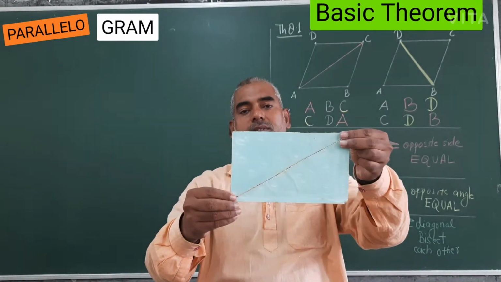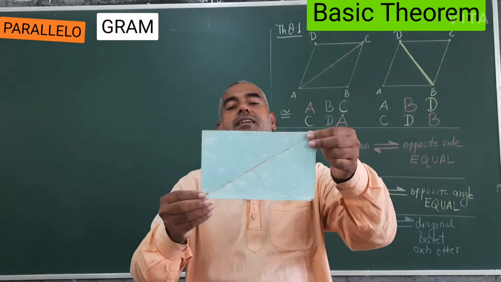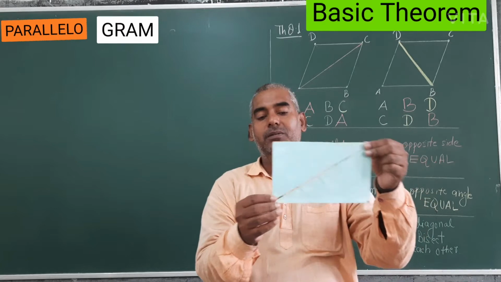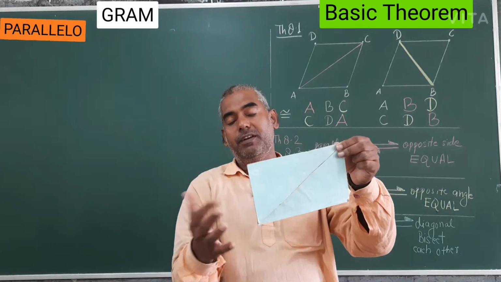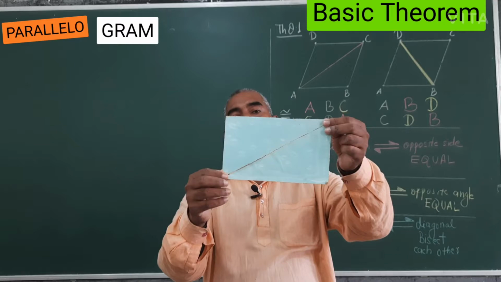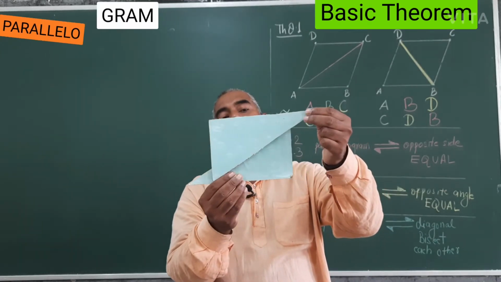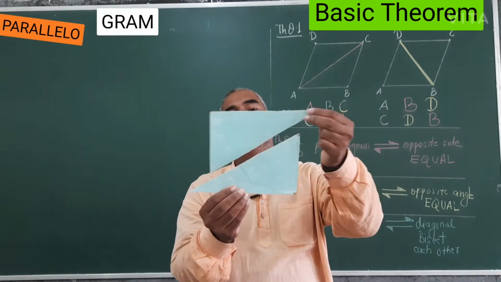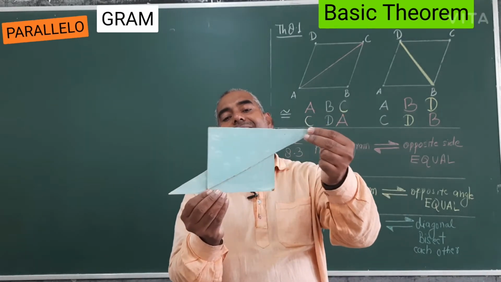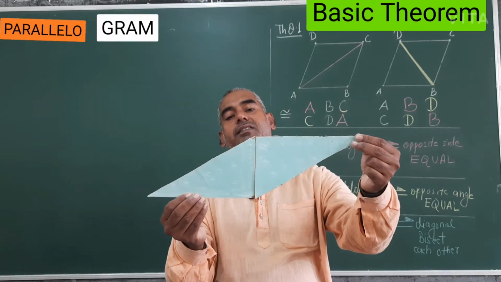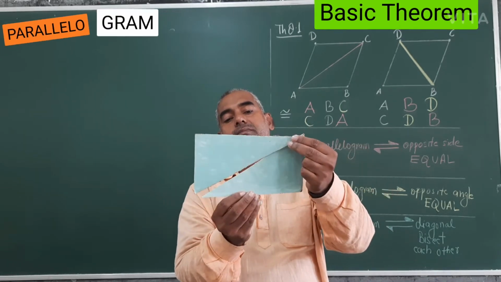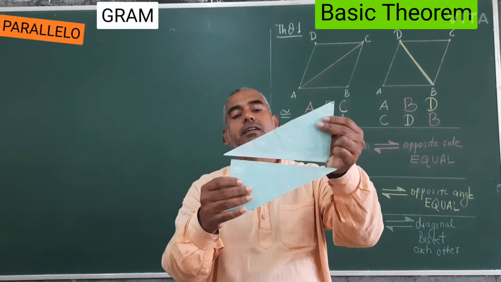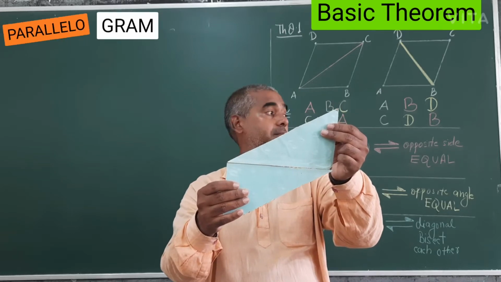Oh sir, this was a right angle triangle. Yes, this was the right angle triangle, and these were the two parts, but when you add them in different patterns, you will find different parallelograms, but actually it was a right angle triangle. What I have done, I have cut it in two parts, and when I pasted it, it was in this form. This I have slid, so this was a parallelogram.